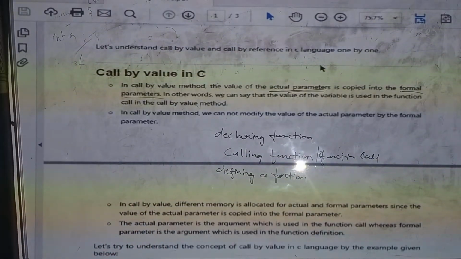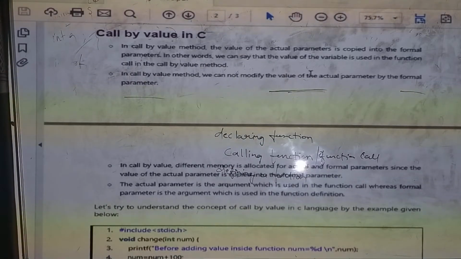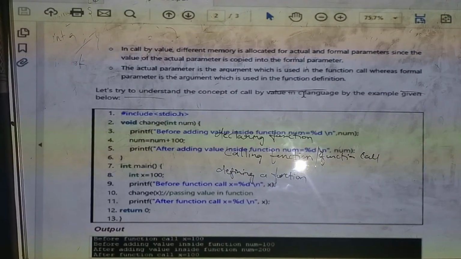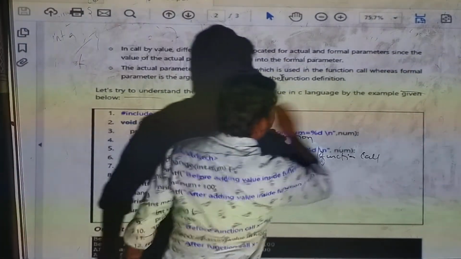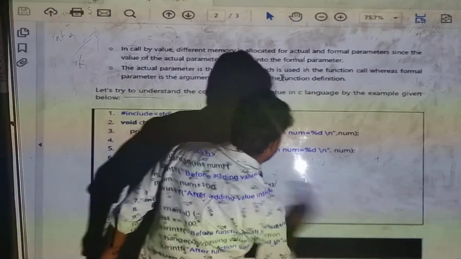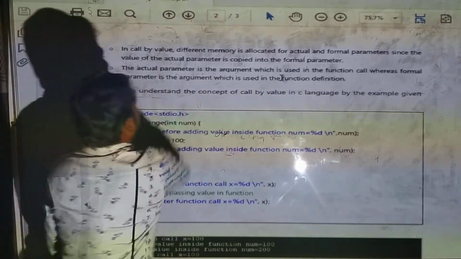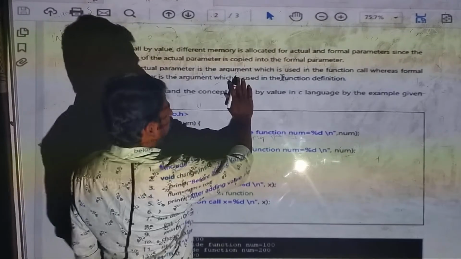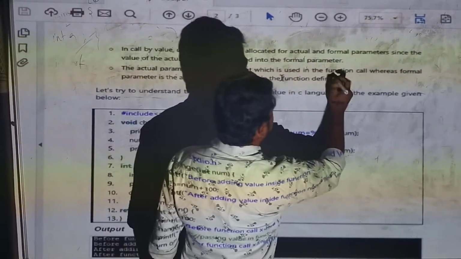Next, in call by value, different memory is allocated for actual and formal parameters, since the value of the actual parameter is copied into the formal parameter. The actual parameter is the argument which is used in the function call.